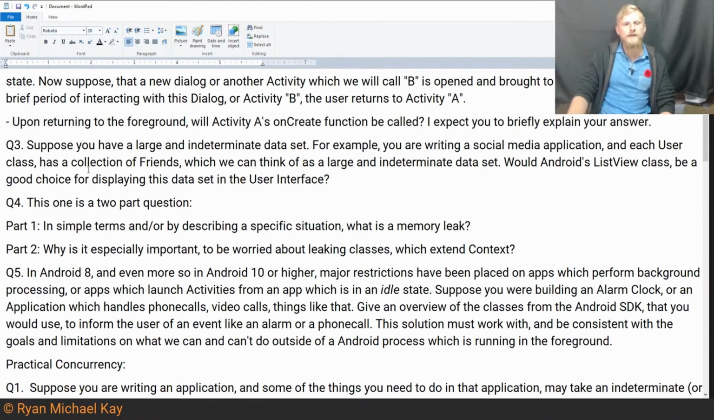Android lifecycle. Now, question number 3, suppose you have a large and indeterminate data set. What we're asking here is, should you render or display on the screen large and indeterminate data sets with a ListView? Just to explain it really simply, no, that's probably a bad idea. Some people said, no, you should use a recycler view or something like that. Some people brought up the view holder pattern, so you could hypothetically implement your own ListView